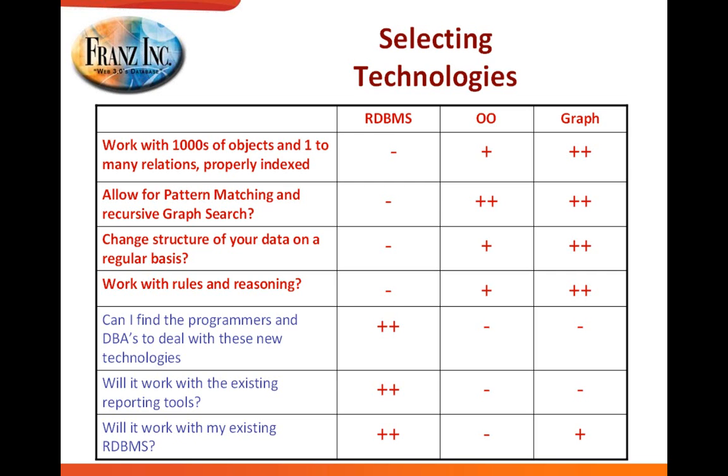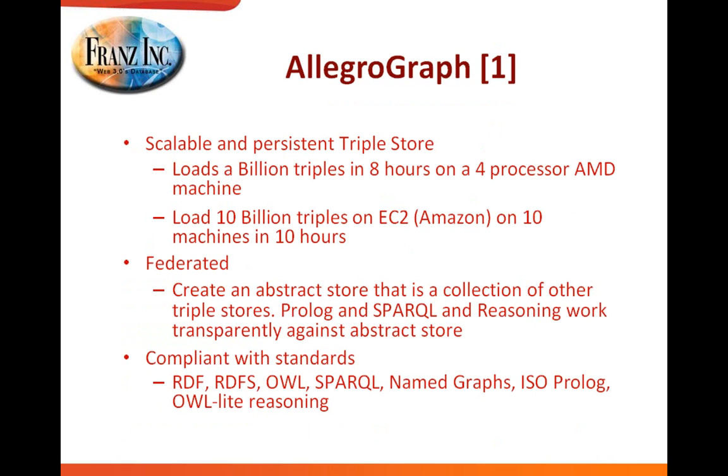Okay, so up to here it was slightly impartial. Now we're going to the more partial part, and we'll talk about our own triple store. So the triple store that we provide is called AllegroGraph. It's a scalable and persistent triple store, so not something that's in memory, but really stored on disk. We load right now the fastest in the industry. We load 1 billion triples in 8 hours on a 4-processor AMD machine, and we also can work on the cloud, where we have loaded now up to 10 billion triples on EC2,